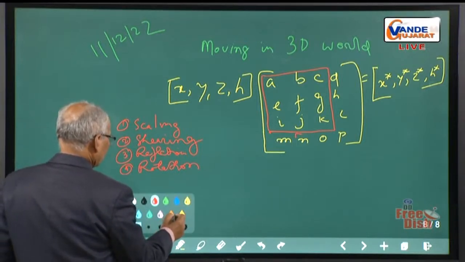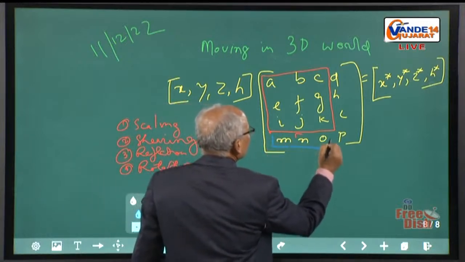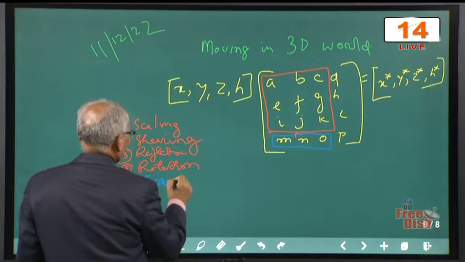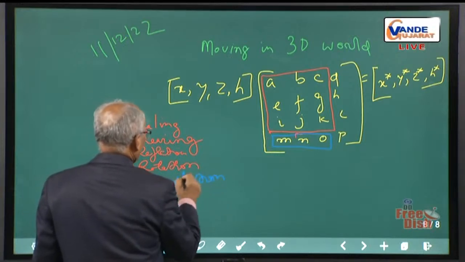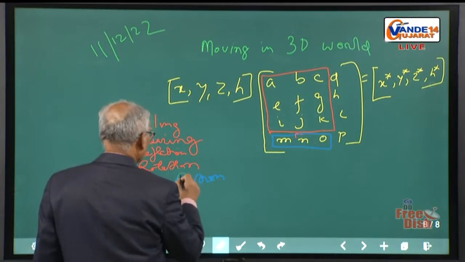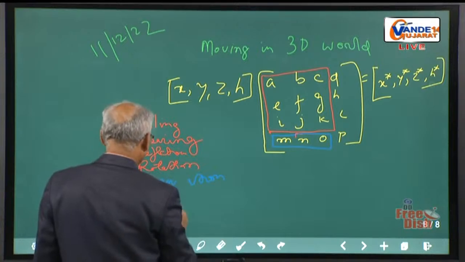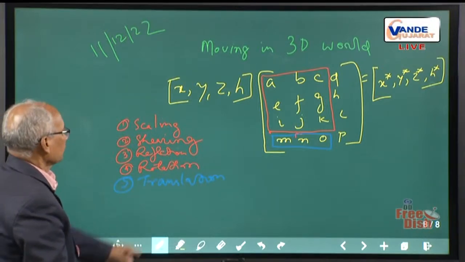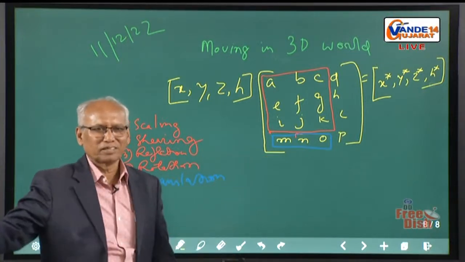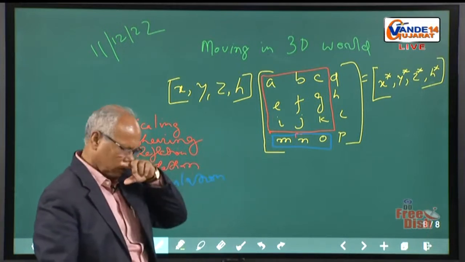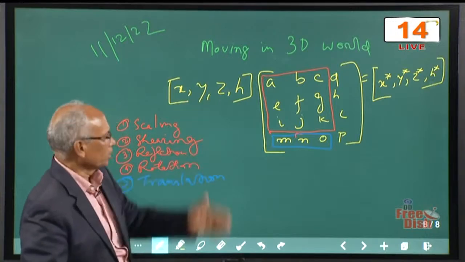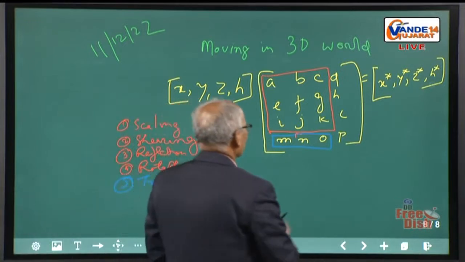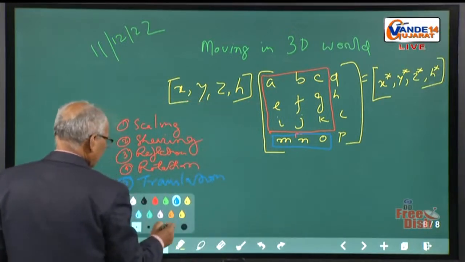And the row line here, blue. Translation. So, this can be done. M is x direction translation, moving left and right, N means y direction, up and down, and O means z direction, near and far. So, these are the translation, and the remaining thing is that